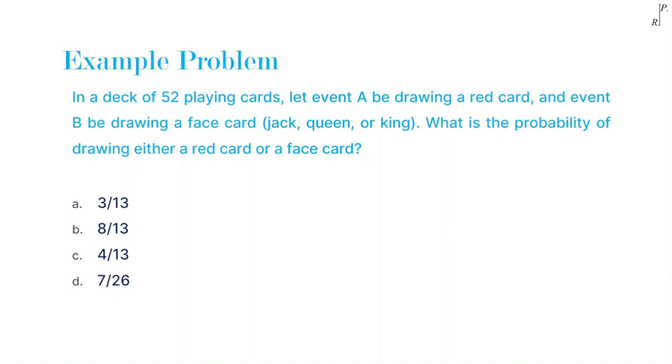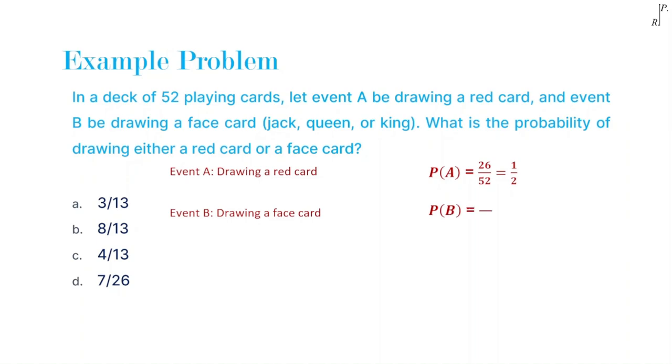Alright, now let us see the solution. First event is drawing a red card, as there are 26 red cards in a deck, diamonds and hearts. So the probability of A becomes 26 by 52 or 1 by 2. The second event is drawing a face card, as there are 12 face cards in a deck, Jack, Queen, King, for each suit. So the probability of B becomes 12 by 52